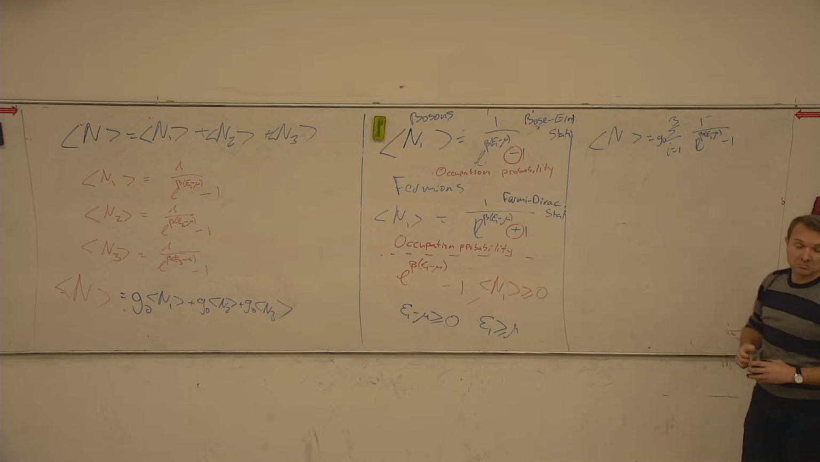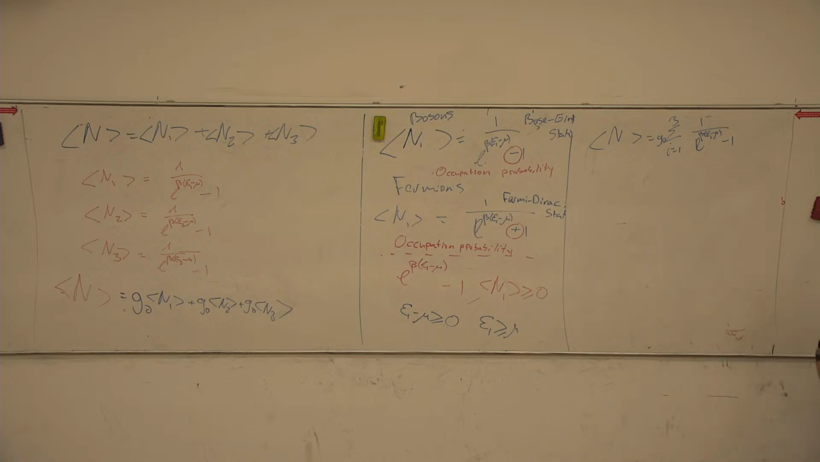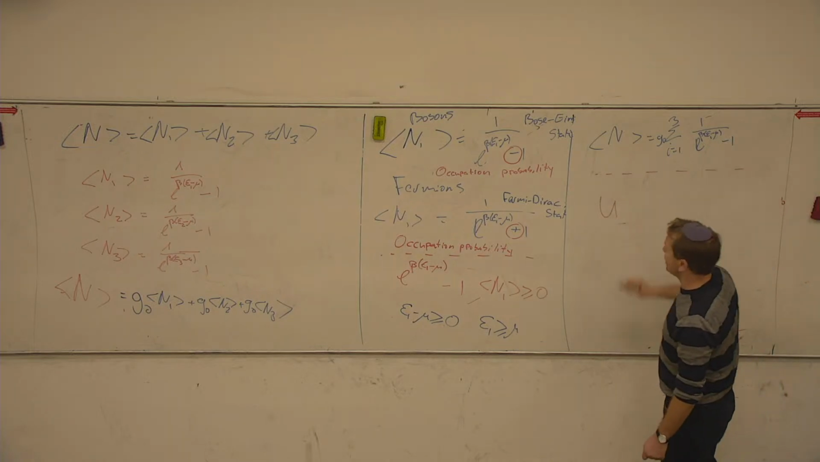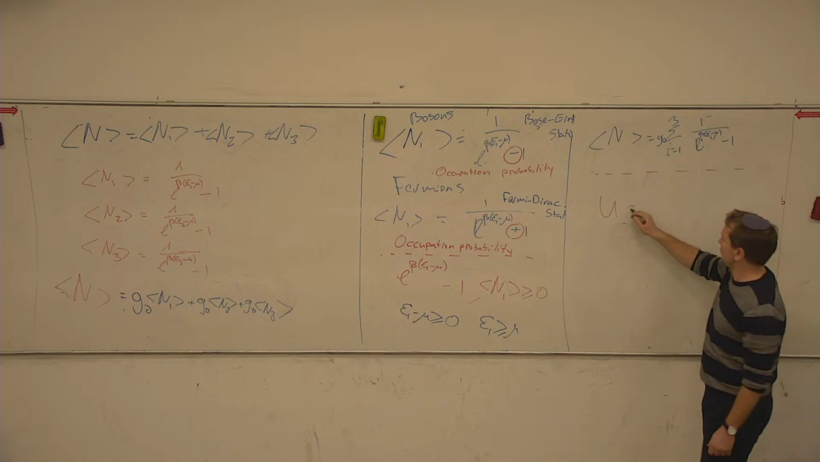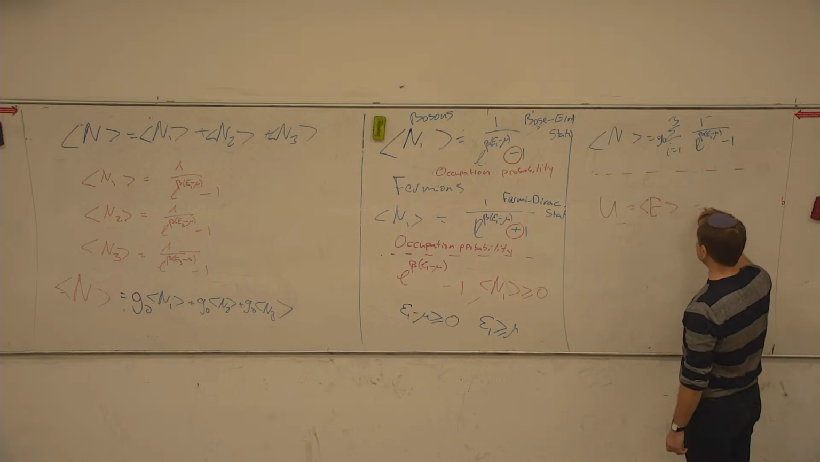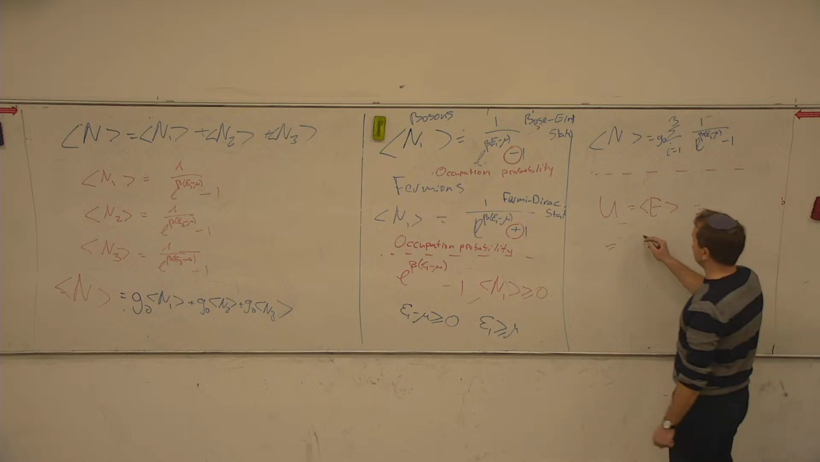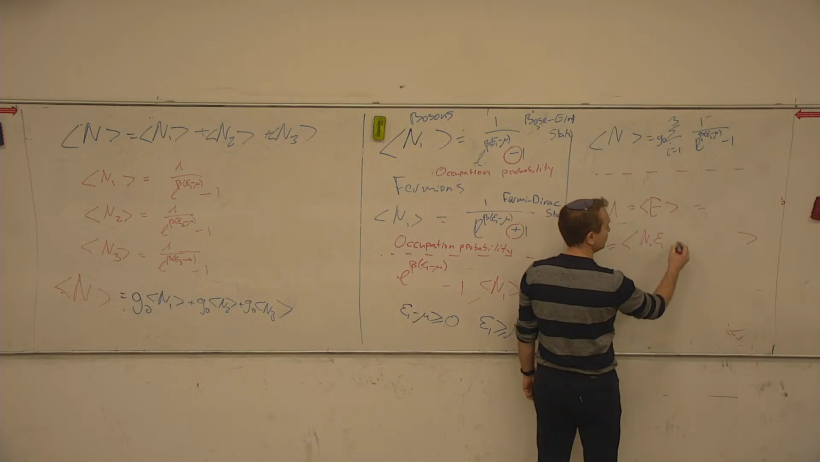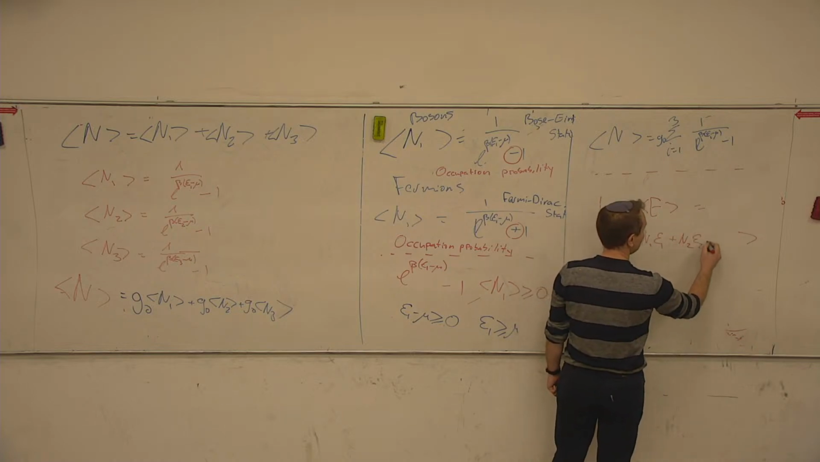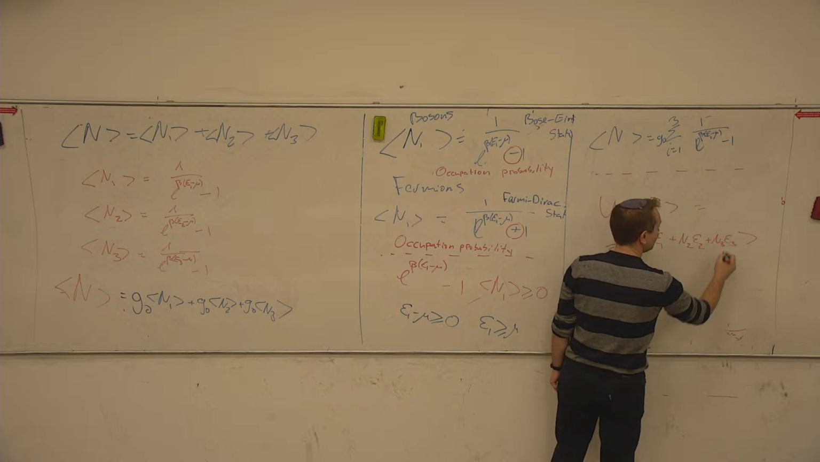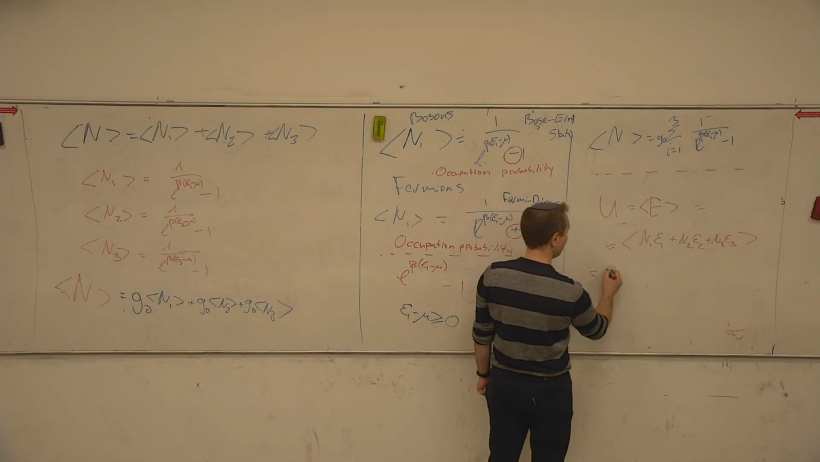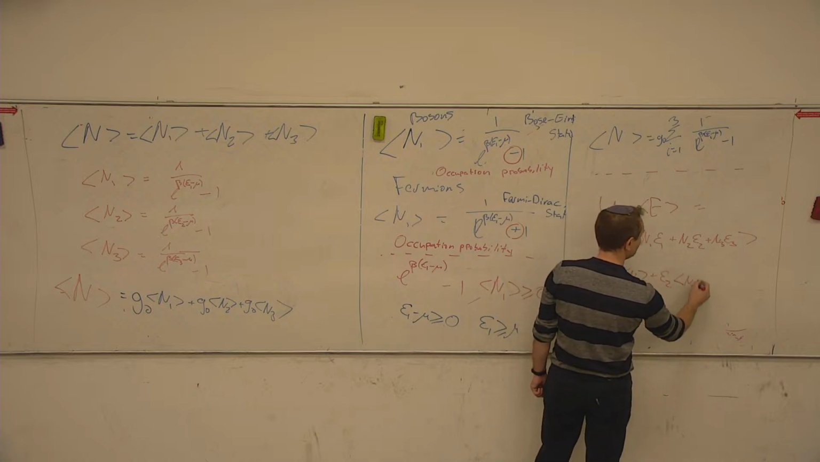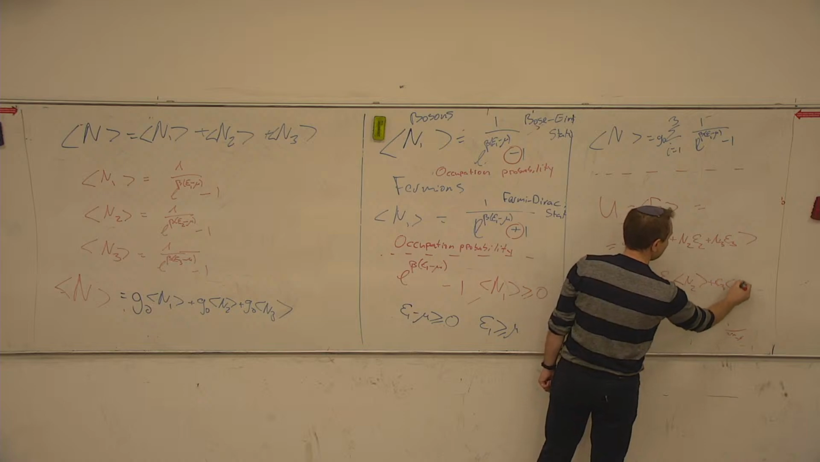Right? Great. We want to compute something else. For example, we want to compute the average energy, right, which is this. So we're going to compute the average of n1 epsilon 1 plus n2 epsilon 2 plus n3 epsilon 3, which is epsilon 1 n1 plus epsilon 2 n2 plus epsilon 3 n3,